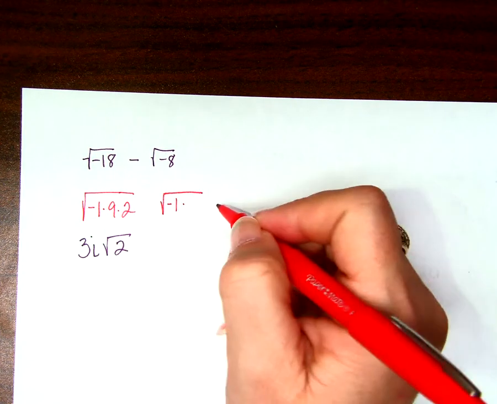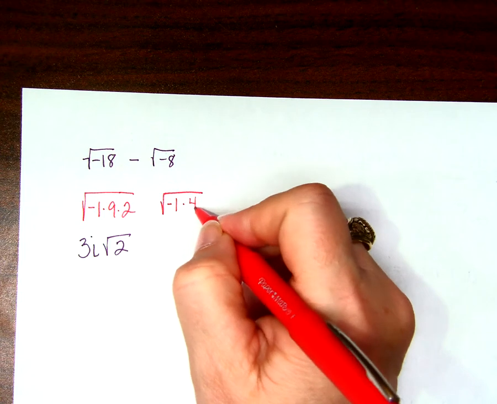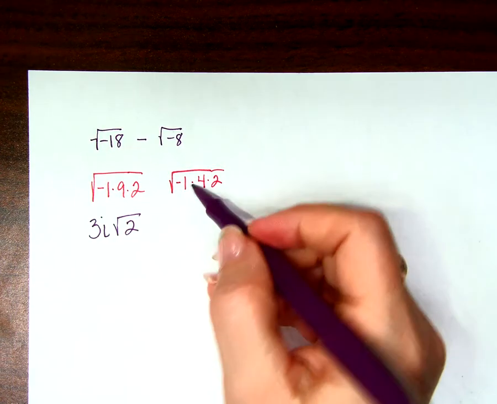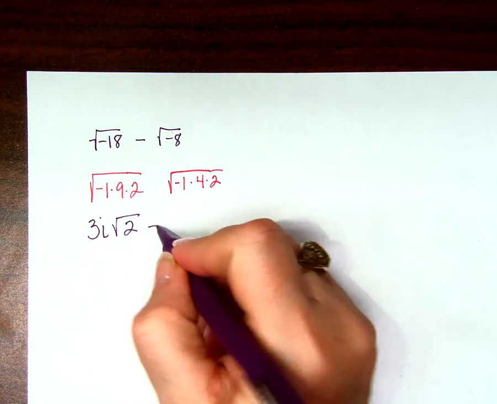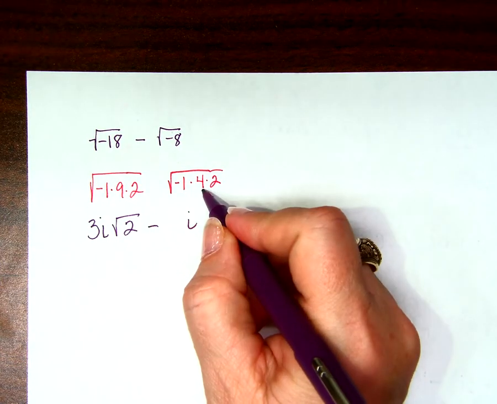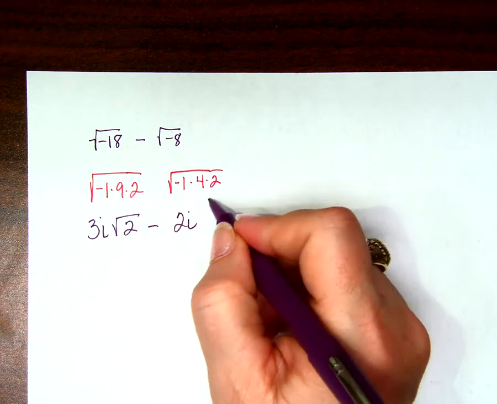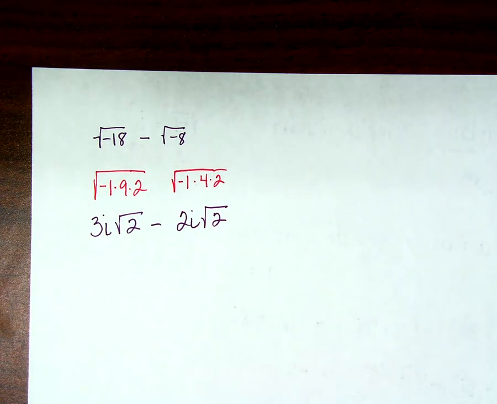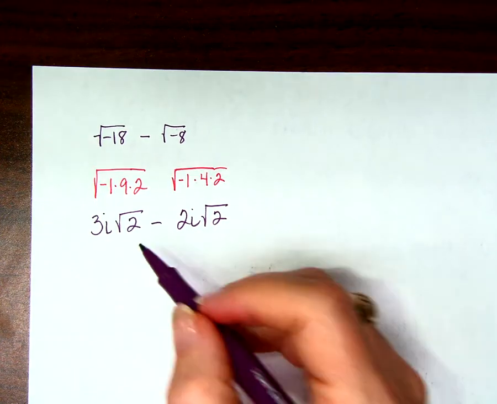Negative 1, 4, and 2. Yeah, because I know the square root of 4, right? Well, what's the square root of negative 1? I. What's the square root of 4? 2. And what's the square root of 2? I don't know either. But the cool part about this is I can do something with this because now my